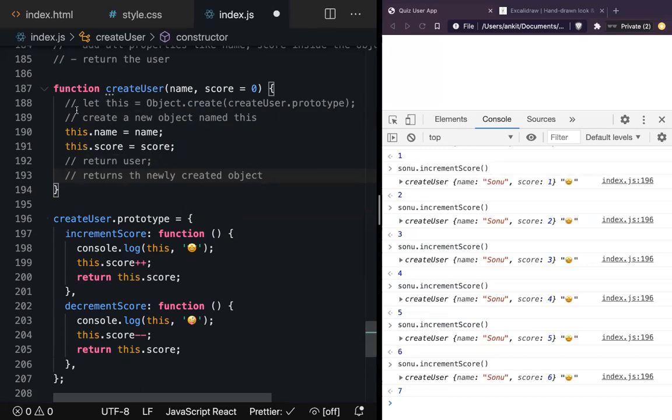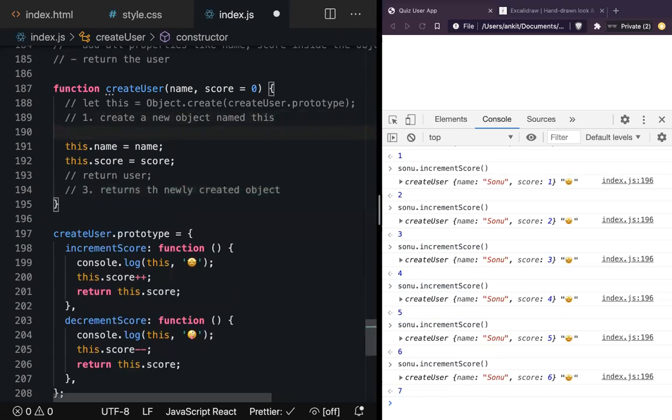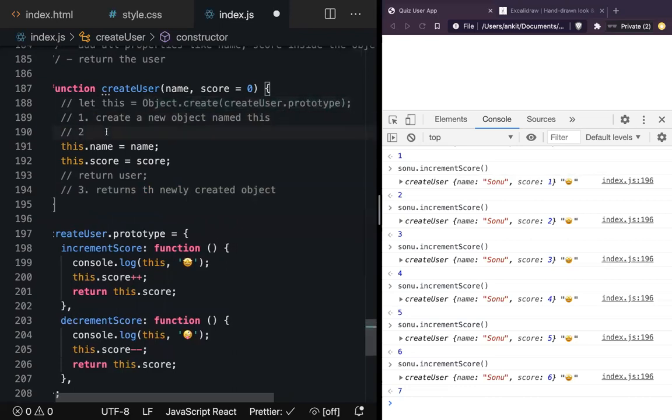Okay, so this is 1 and this is, make it like 4 or 3, make it 3. So first thing it does is to create a new object. Last thing it does is to return that copy of that object. What is the second thing it does? Can anybody tell me what it is doing for the second time? We are still missing, we are not doing this property by ourselves.